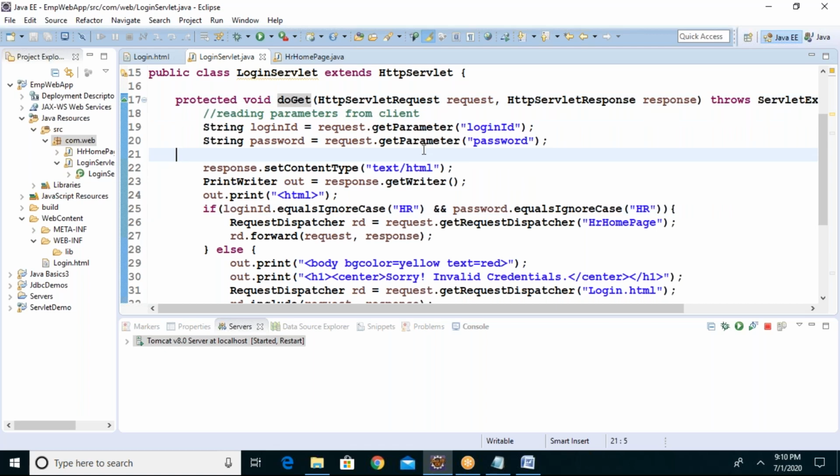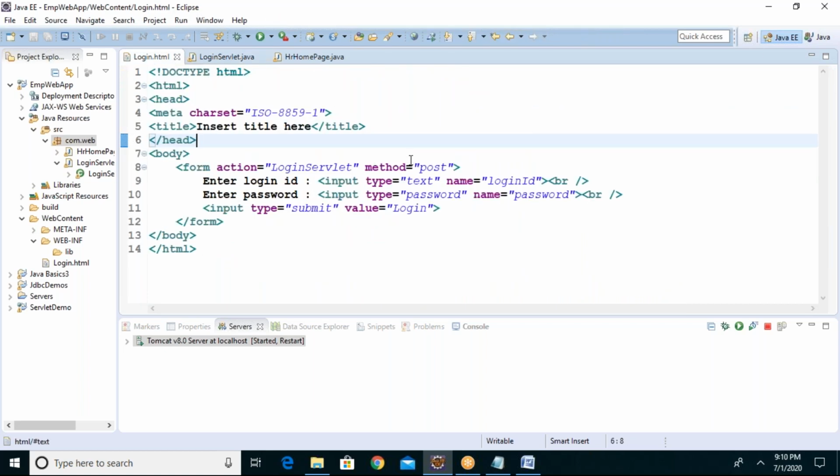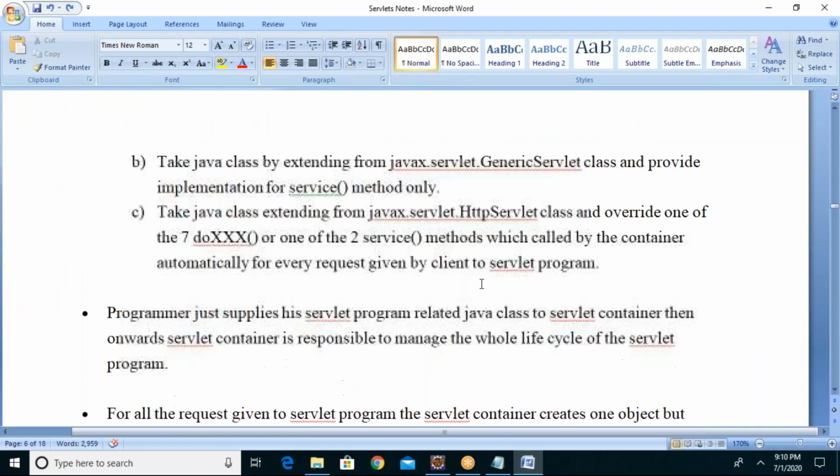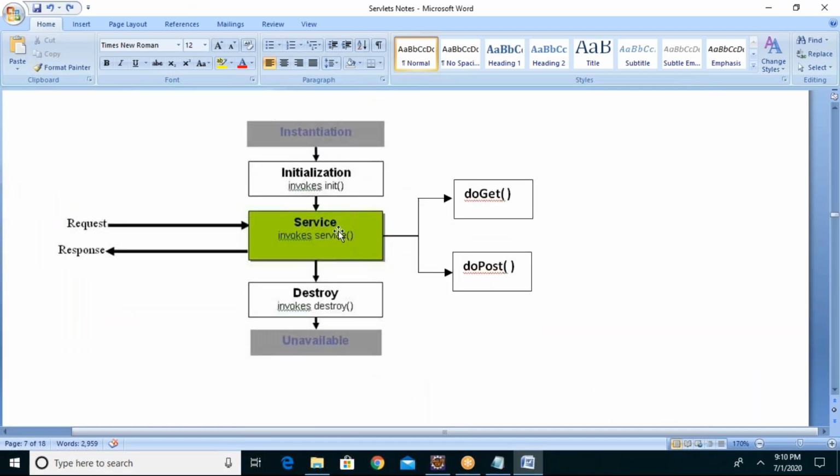It depends on what we are extending, right, sir? Yes, what we are extending. In HTTP only you have the chance of doGet and doPost. In the other one you don't have doGet, doPost. Directly you will call in a service. But here also what happened? First service only is called. Service will decide either doGet or doPost based on what request you are making. Internally by default it's calling service, and service directs to doGet or doPost according to the request, right? Yes, 100%.